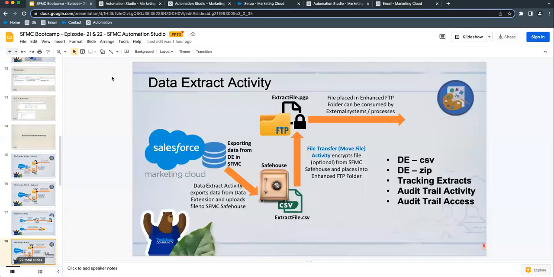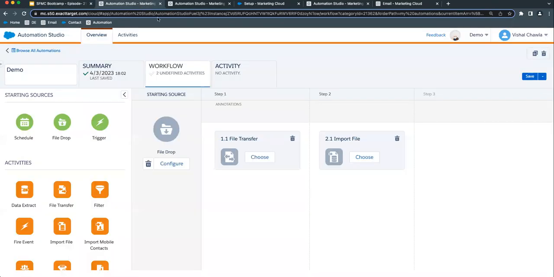Right. So now we'll jump into the interface. Just checking, is there any question? What is it? Tracking data. Tracking data. So